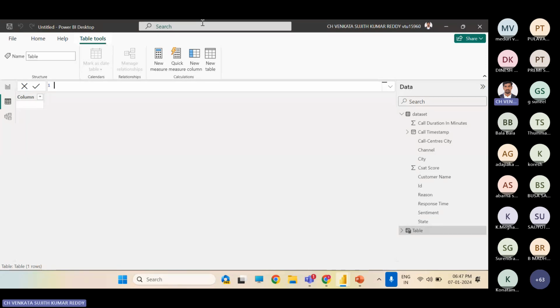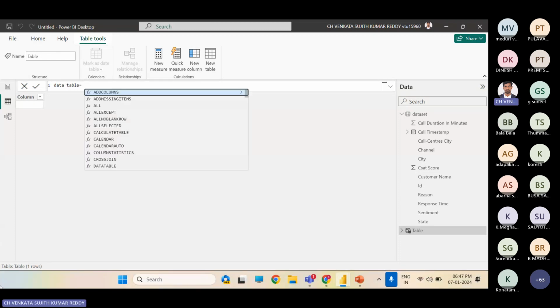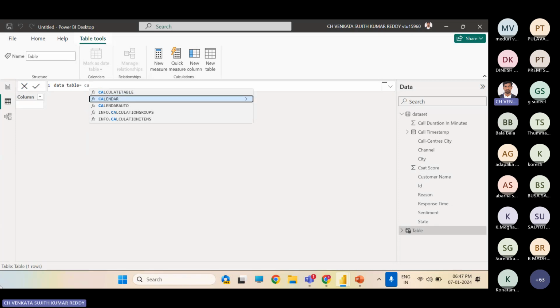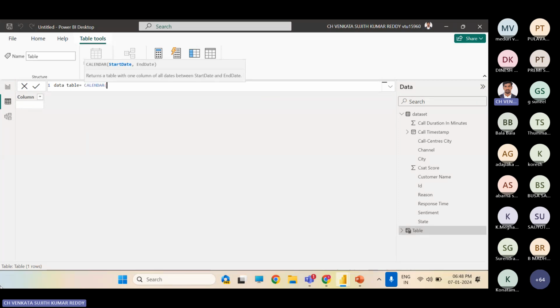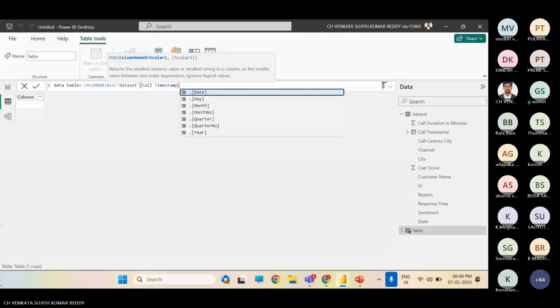So here a lot of keywords are already available. Just like if you mention table equal to. We are going to deal with date values. So here I was selecting calendars, and in these calendars I want the minimum date and maximum date, to find how many times they have called frequently. So I was checking minimum and call time swap, comma.